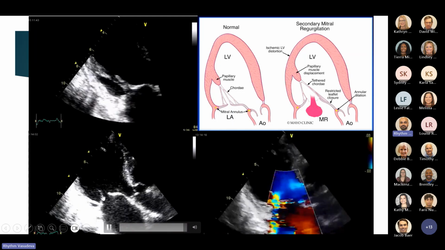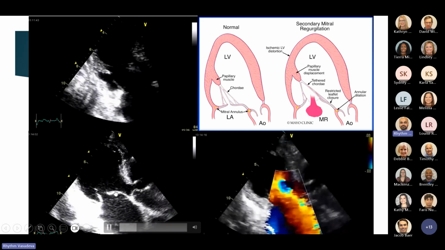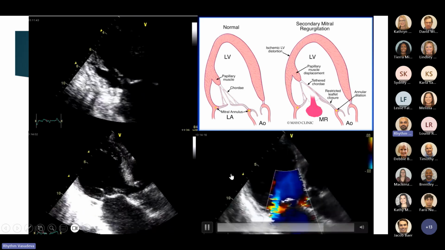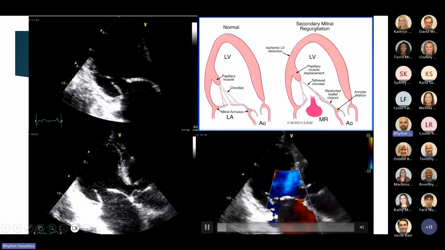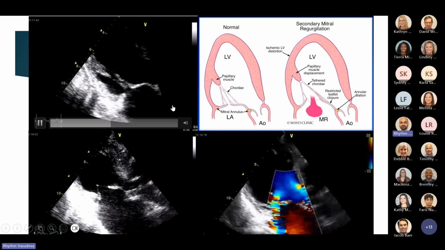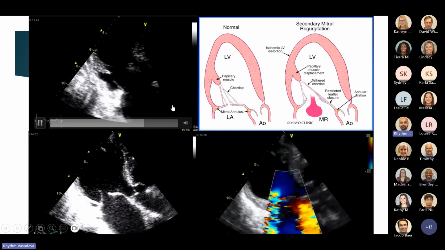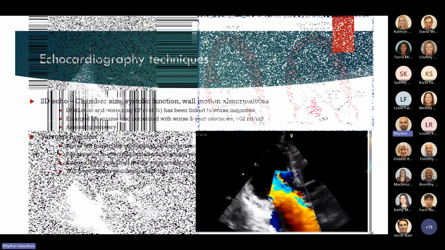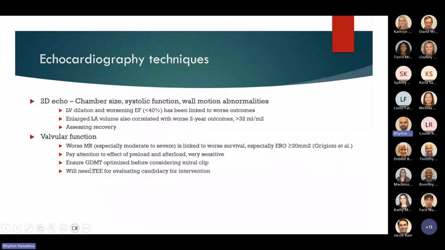The posterior valve just stays in one position while the anterior valve is trying to do all the work, eventually resulting in this posteriorly directed MR. So this is typical for an ischemic MR as well. And as you can see here, a lot of these patients, this can progress to severe, and that becomes important